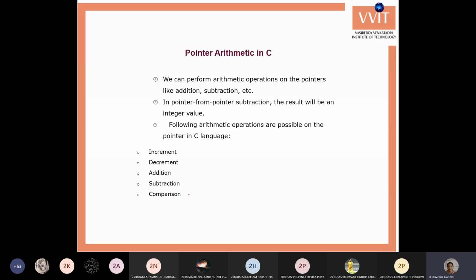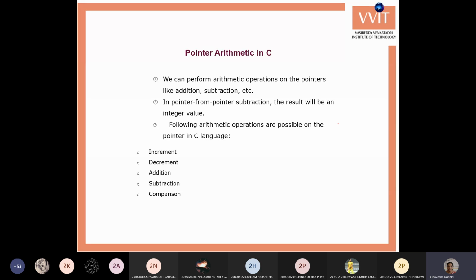But in pointer arithmetic, based on the data type of the pointer, it can increase, decrease, multiply or divide. This has a special meaning: whenever you want to move the pointer from one memory location to another memory location, we can go for pointer arithmetic.